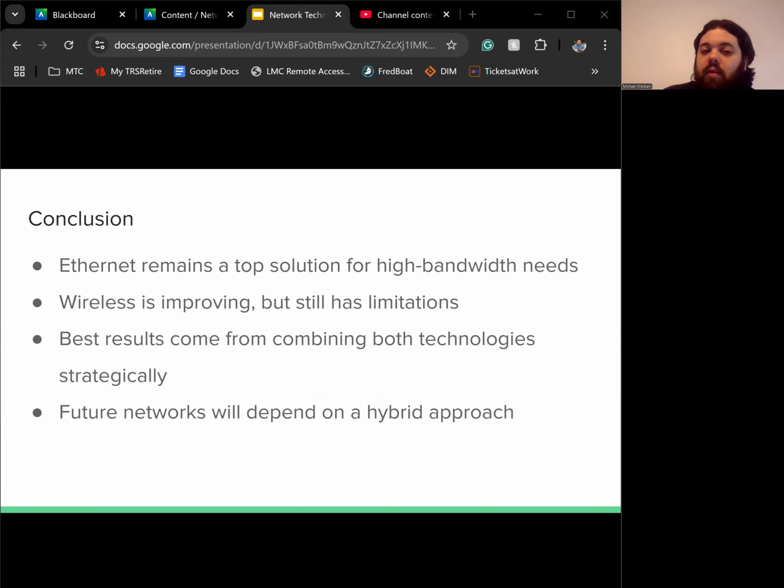So by combining both technologies, organizations are able to create that flexible, high performance networks that meet the growing demands of the digital landscape and the network technologies of today, especially in homes now. I mean, you see now with fiber optic, and all sorts of devices now today that we are able to use wireless and Ethernet combined with that hybrid